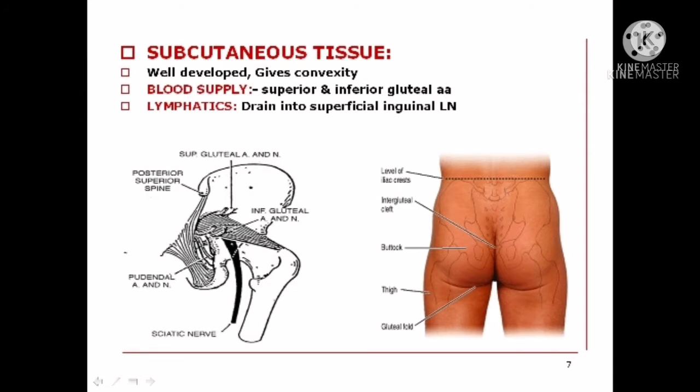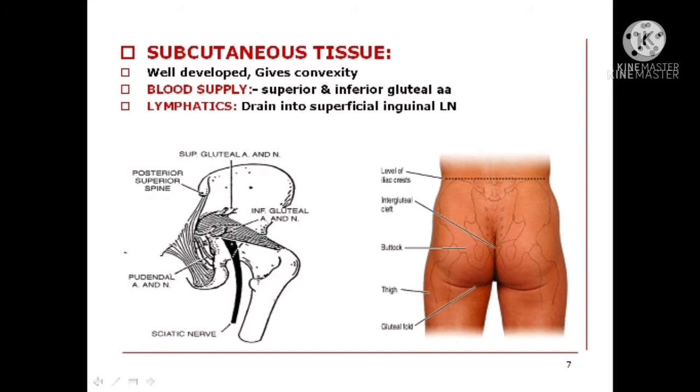You can very well see the extent of the gluteal region. If you concentrate upon the gluteal region in the diagram on the right side, there is the level of the iliac crest shown by a straight dotted line, and lower down at the junction of the thigh, on the back of the thigh, you can see the gluteal fold. In between the gluteal fold and the dotted line, this entire region is called the gluteal region, and we will discuss this particular region.